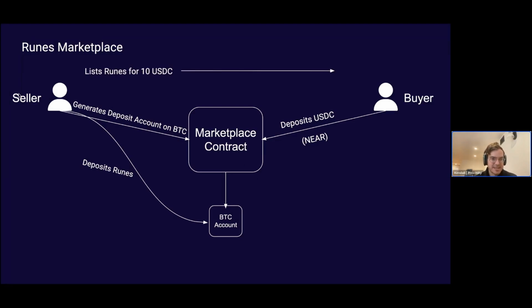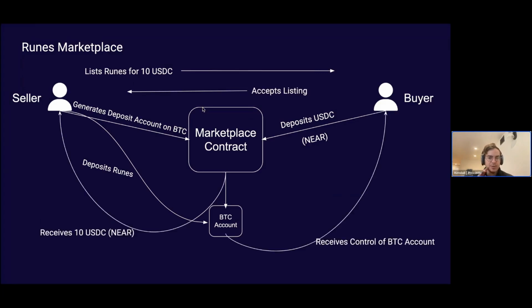So let's then imagine the seller lists their runes for, say, 10 USDC. The buyer says, great, I'm willing to accept that. And then this trade is able to settle. And the cool thing about this is that what's actually happening here is the marketplace contract in its own state